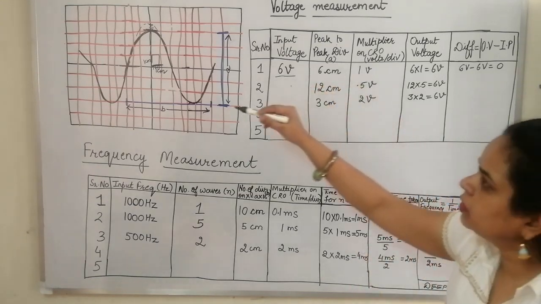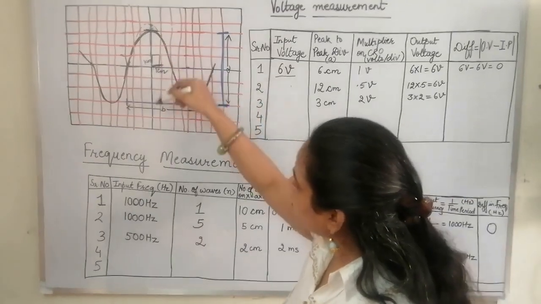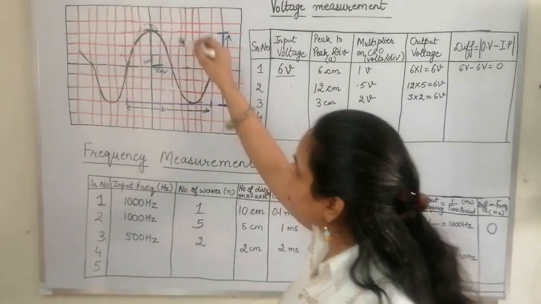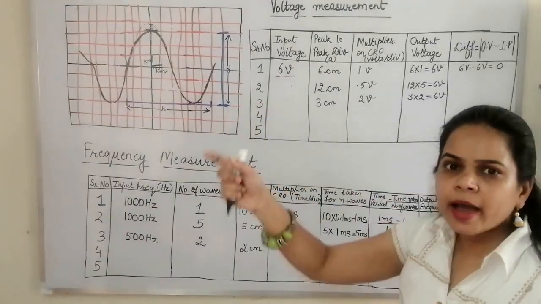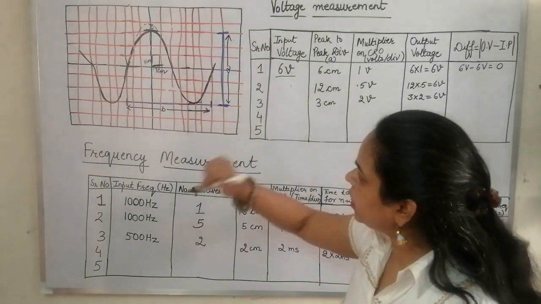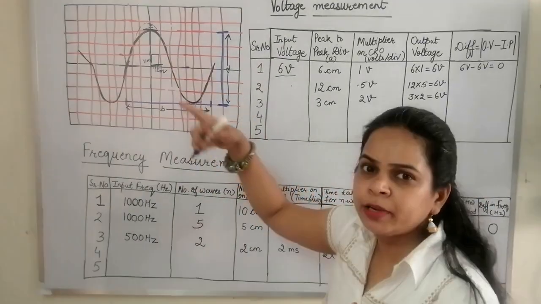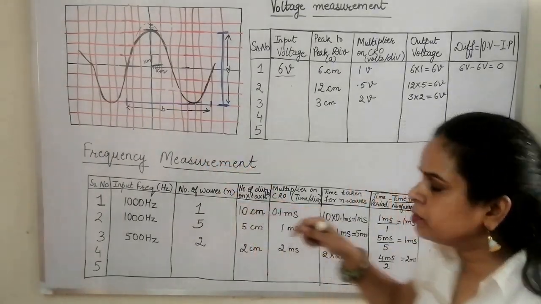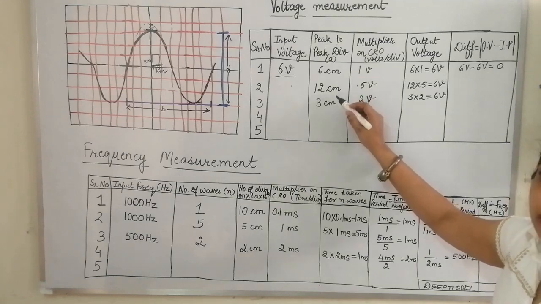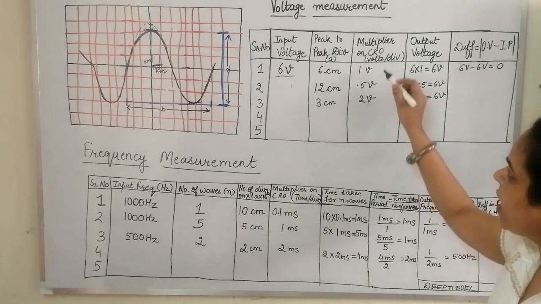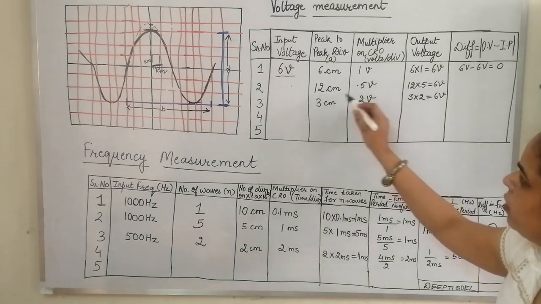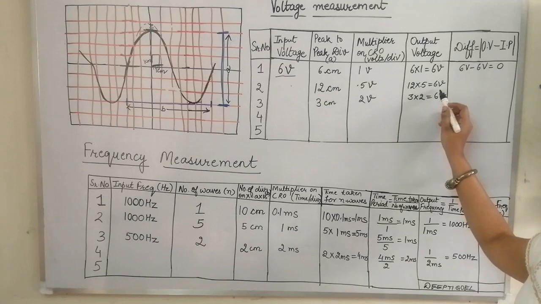Supposing the total peak to peak divisions is, instead of 6 divisions, 12 divisions. It is magnified. If we magnify our voltage, we adjust the voltage per division knob, and our trace or the sinusoidal wave is amplified so that it covers now 12 blocks or 12 centimeter. Then the 12 centimeter wave will be adjusted at the multiplier of 0.5 volts, such that when we multiply 12 and 0.5, we get again 6 volts.